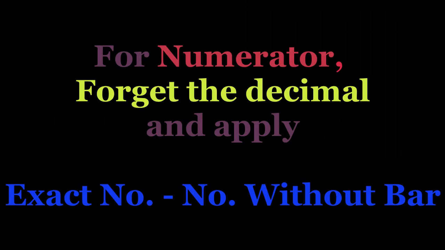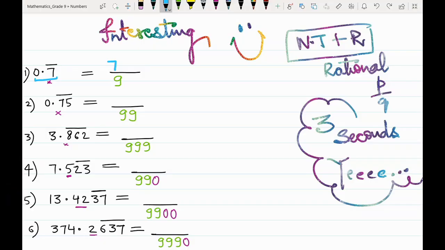Now I need to work on my numerators. So for numerator, now you will forget everything about the decimal. You need to write the full number as it is and then just subtract that part which is without bar. Let's see the first example. It's 07, so I can write it only 7. So what is left without bar is only 0. So I need to subtract only 0 from 7. That will give you only 7. So no need to write 0. You can directly write 7 in such cases. So 7 over 9, your p by q form is ready.